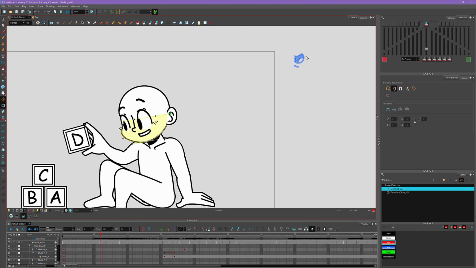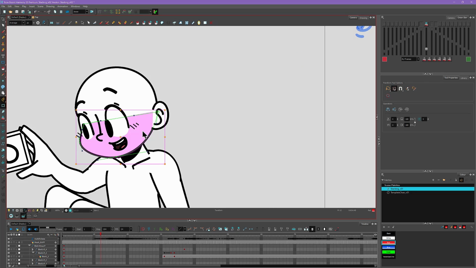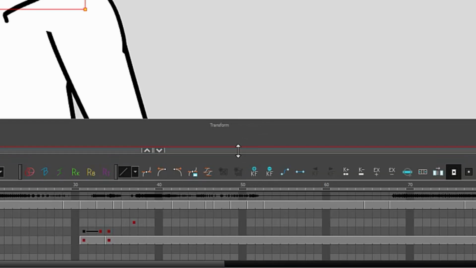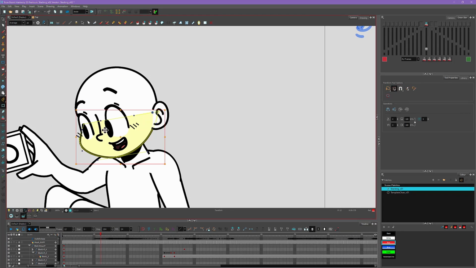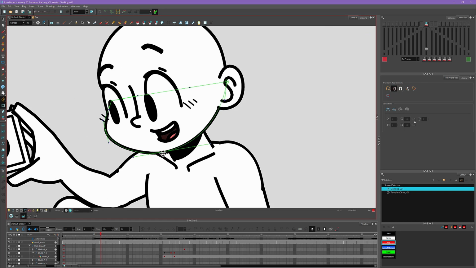Then our next frame is this mouth shape, so select his mouth, use my bracket keys to go to that mouth shape just like that. Select his jaw, press B till I get to the peg, press my add keyframe button. This is just so that I add a keyframe on everything underneath the jaw, including all of these deformer points. Then I'll take my deformer and just move it down and forward a little bit just like that.